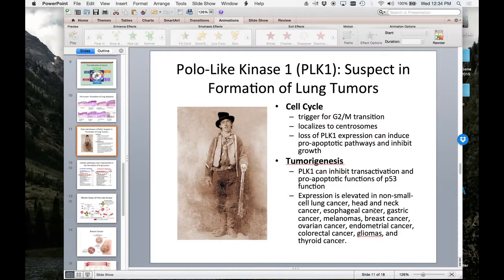I mean, there's head and neck, esophageal, gastric, melanomas, ovarian, endometrial. This is a criminal. All right, so this is my candidate. This is the criminal that I was going after, polo-like kinase. Not only is it associated with things that I know are important in cancer, but it's also been found in lots of cancers. Not only that, but it seems to go up in all these different cancers,